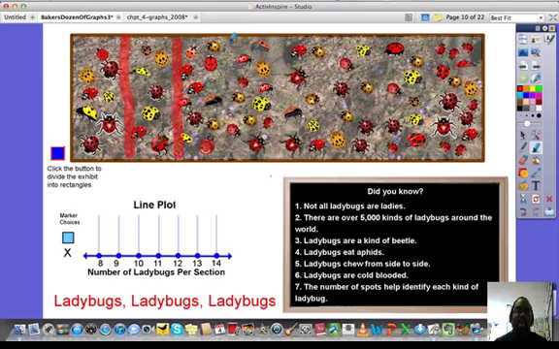So I would make the example of, let's just say I had a bowl of ladybugs, and I asked you guys to dig your hands into the bowl and see how many ladybugs you could pull out. I know that's kind of disgusting, right? But that's the example that I want to use. So as you can see, I've split this into different rectangles, right? Okay. So with that in mind,